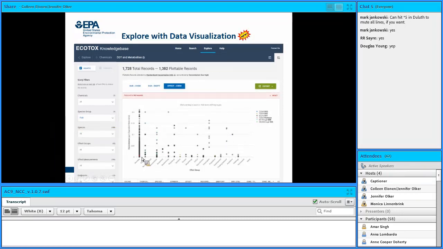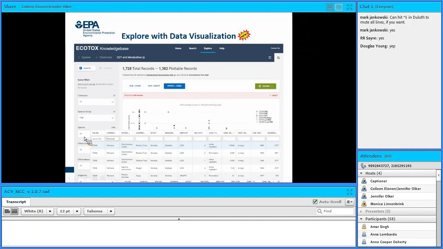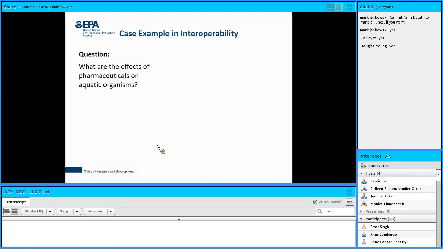And in addition to being able to zoom in and out and filter on the fly, there's a hover-over tool built into this, so you can hover over a point and see what it is, and you can click on it and it'll pull up that record in the table that's below the figure. So in this case, it was exposure of rainbow trout to perthane, and it was a mortality LC50 endpoint in that study. So that's a pretty fast view of